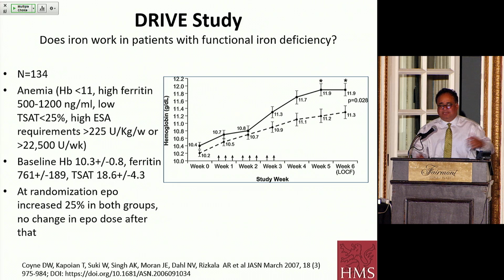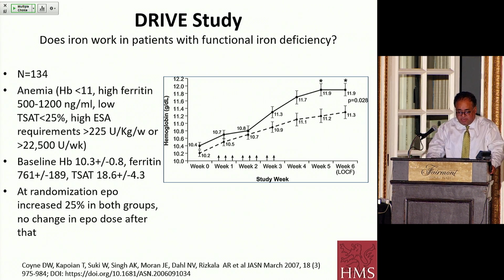I'd say it's not enough for us to take not 1 million, but 500,000 dialysis patients and say we're going to treat these patients according to what this study says. Essentially, there were only 134 patients randomized. It was a short-term study. Basically, they were randomized to two groups: one group treated with just a higher dose of ESA, and another group empirically treated with iron. You look to see whether treating these patients, who seem to be a little inflamed, empirically with iron, despite TSATs and ferritins that didn't really suggest absolute iron deficiency,